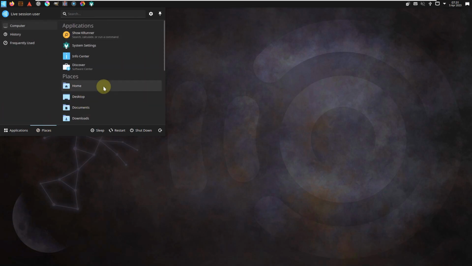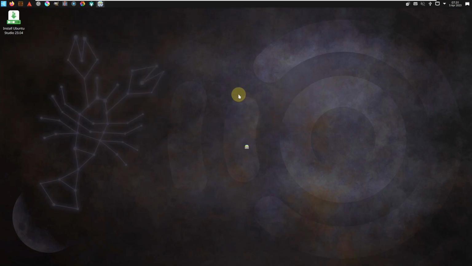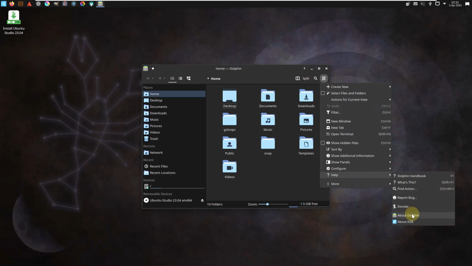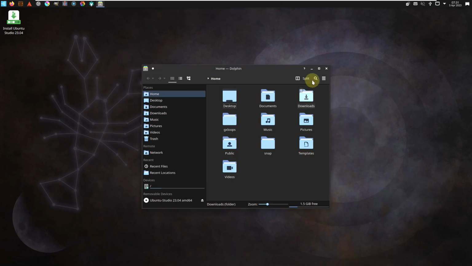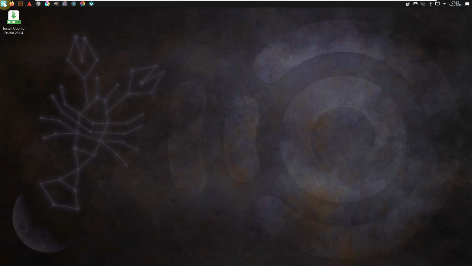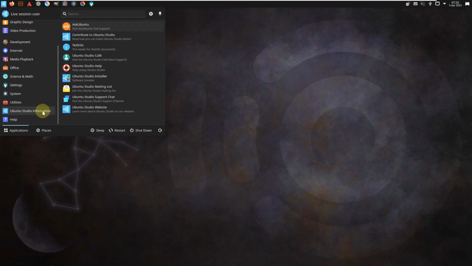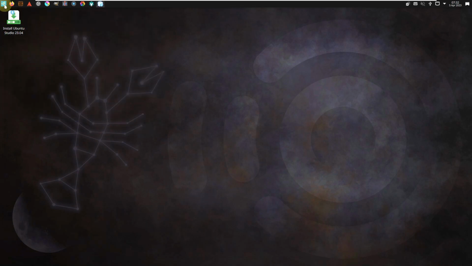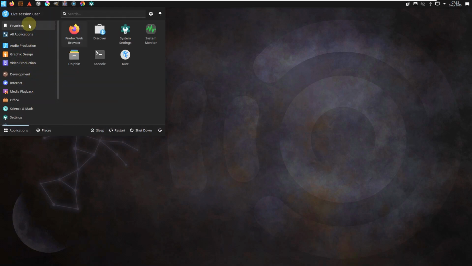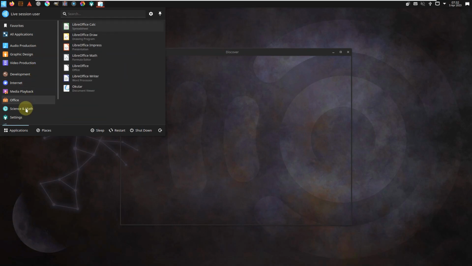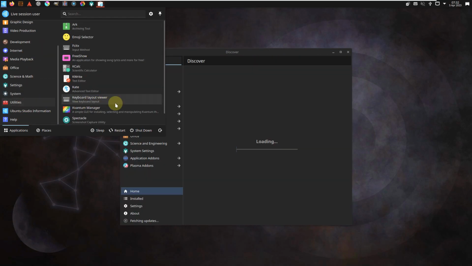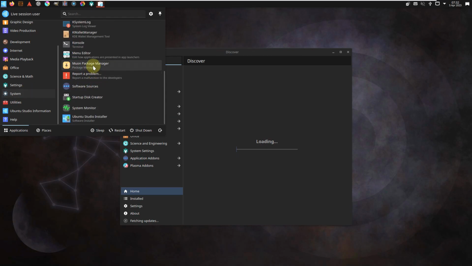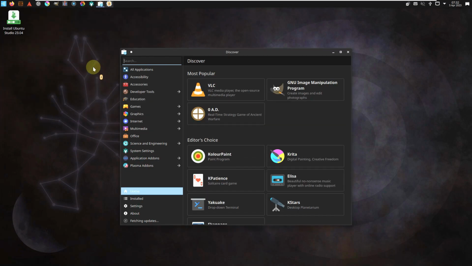Let's open the file manager. There's a lot of lag and bugs here, and the Dolphin version is the same as the KDE Plasma desktop environment. Let's open the store. The store should be Discover or the software manager. Utilities, there's nothing in utilities on the system side. There is a package manager. Let's open the package manager,